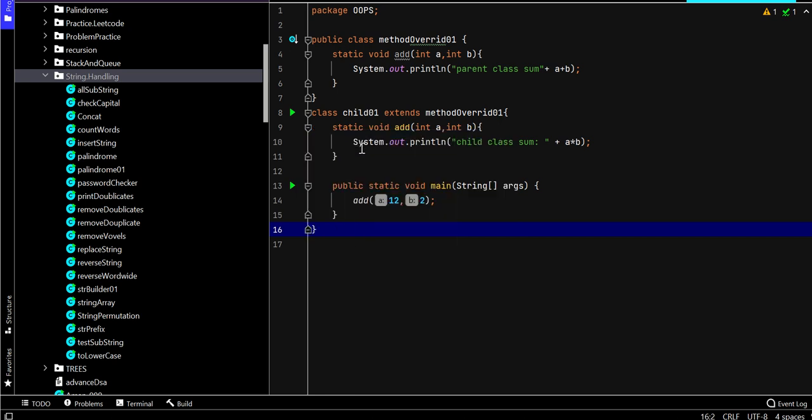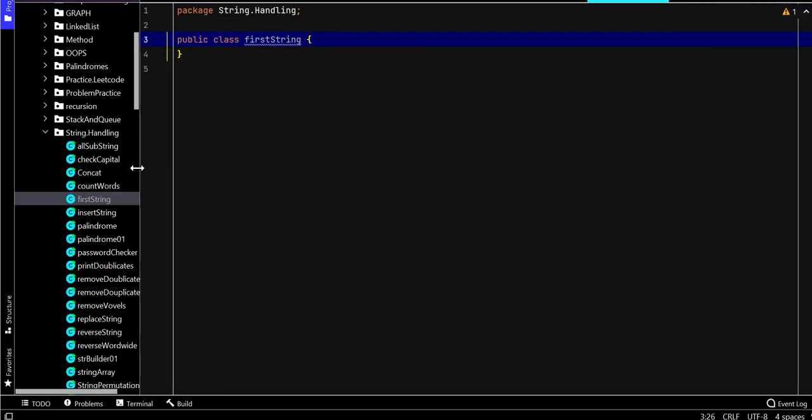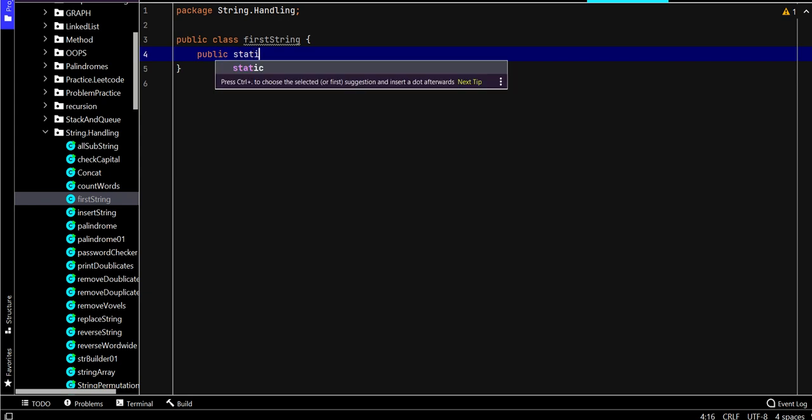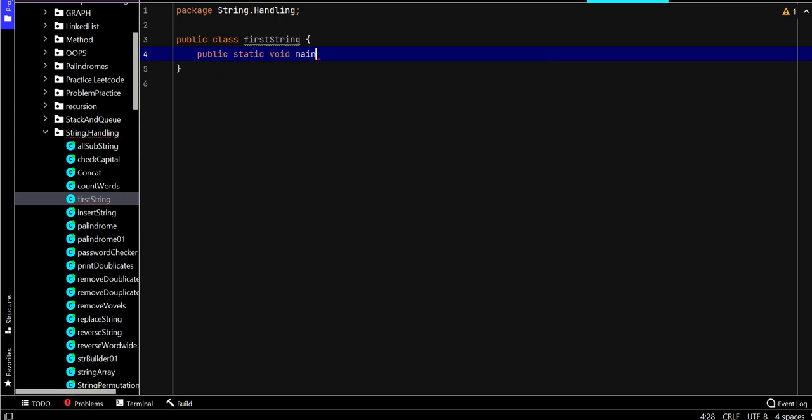We have created a class named FirstString, and we will write the main method inside the FirstString class. public static void main. This is our main method, and we will first declare a string. So String